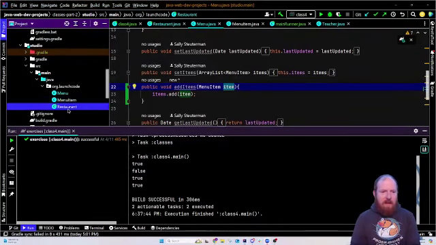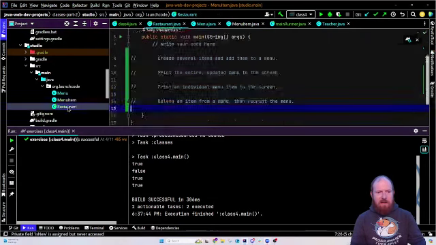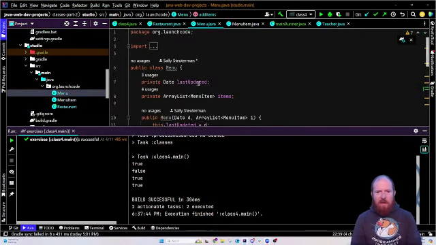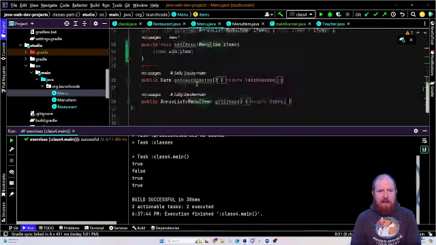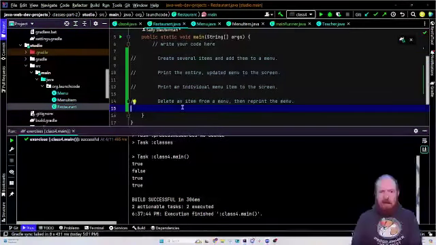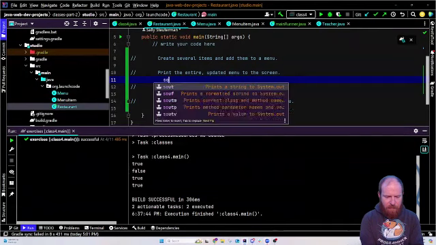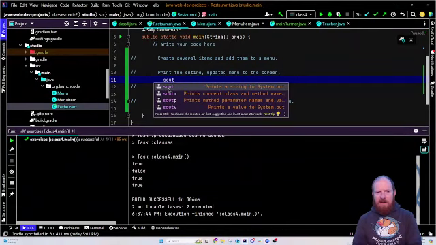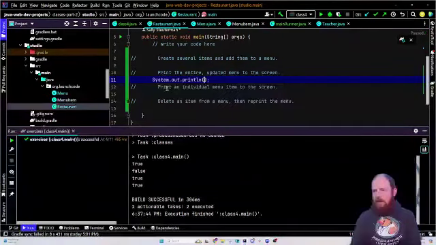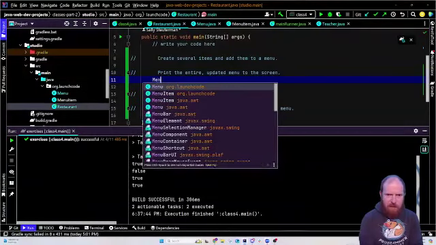Yes, so the menu should have menu items on it. So that's what these are, menu items. And then you're right, there are a couple different ways you can print. Let's say that I wanted to print. Is everybody good with the shortcut here, the sout? If you just do sout and then hit tab, it saves so much time. So I can do menu,